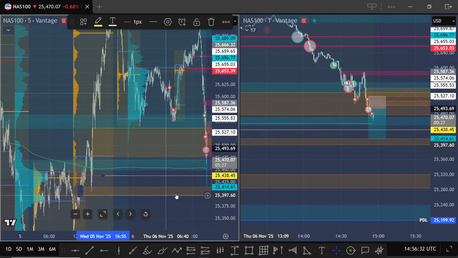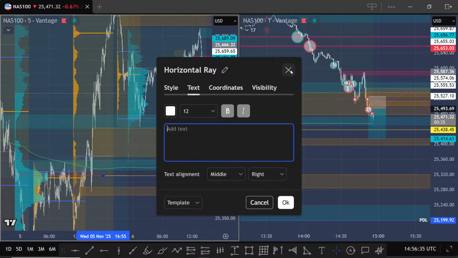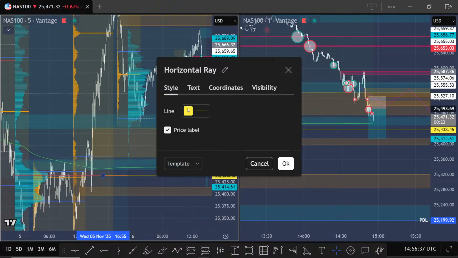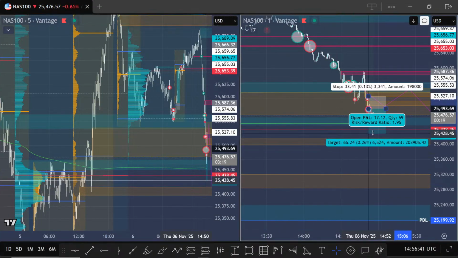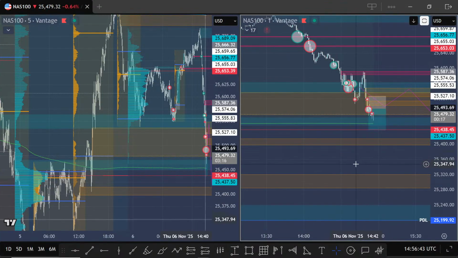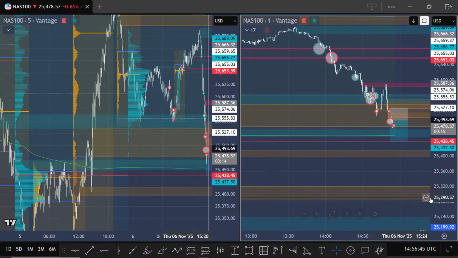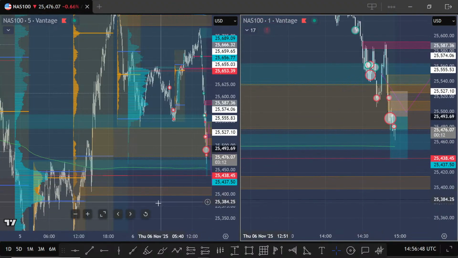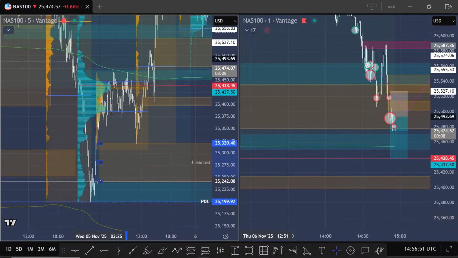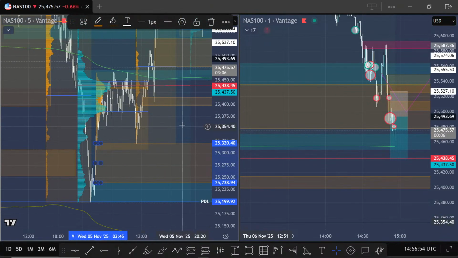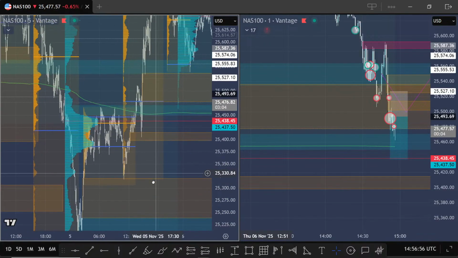The previous balance is here. Okay, so that gives us an idea. That's not a super exciting risk to reward. Another low volume node in here, but